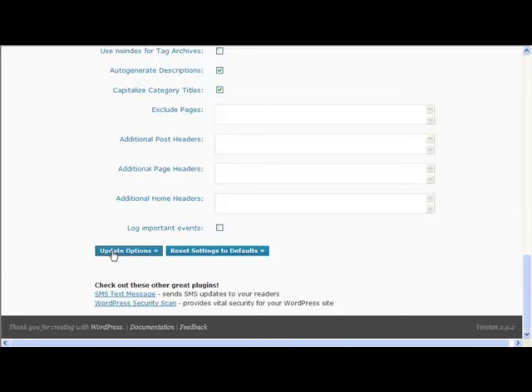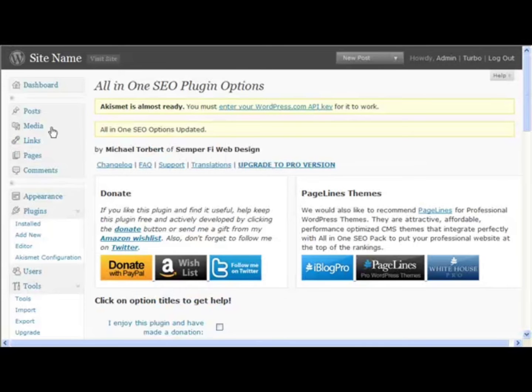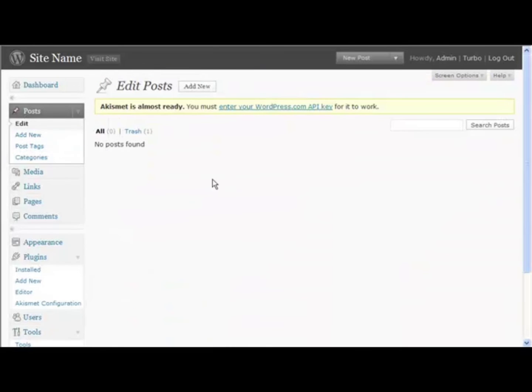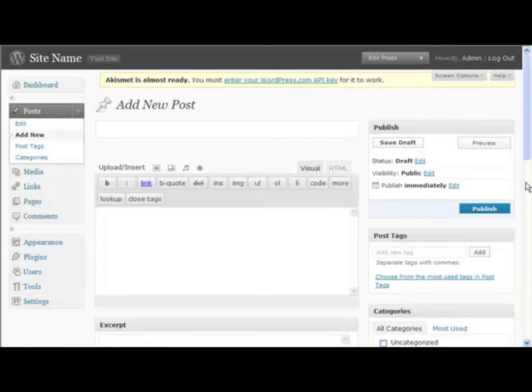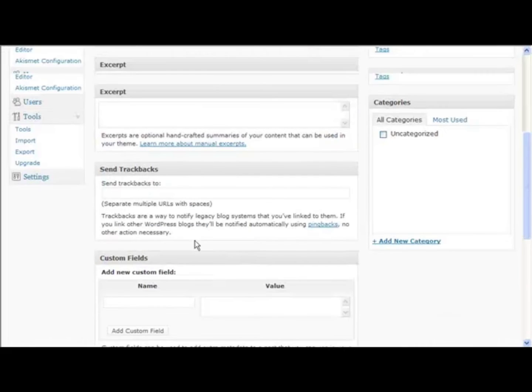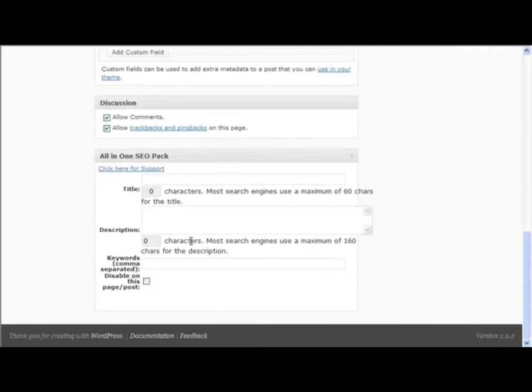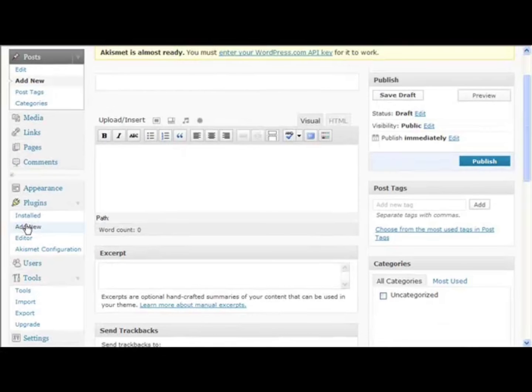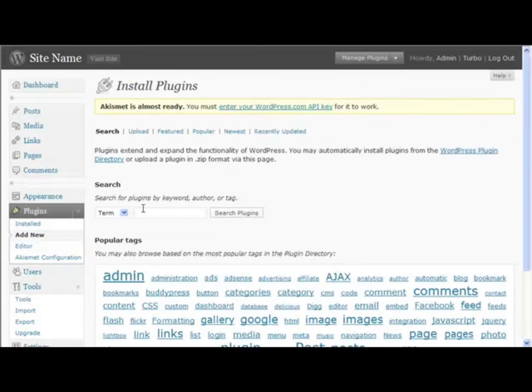And then update options. Then when you go to posts and add new, if we scroll down, we will see that there's the all-in-one SEO pack is here. So here you can put a title, description and keywords specifically for that page, and that's going to help you significantly with your SEO. So if we go back to add new, you'll want, if we type